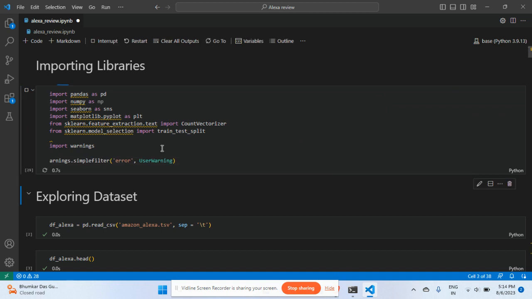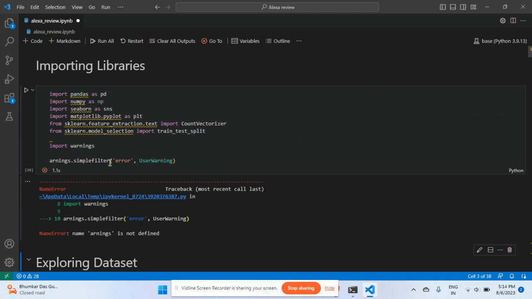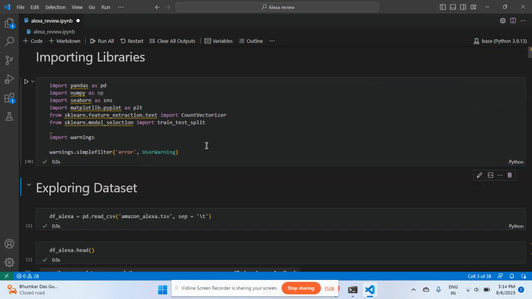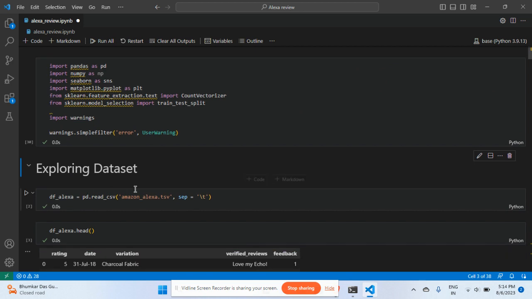Let's run this one. We have imported warnings. Now we are doing the data